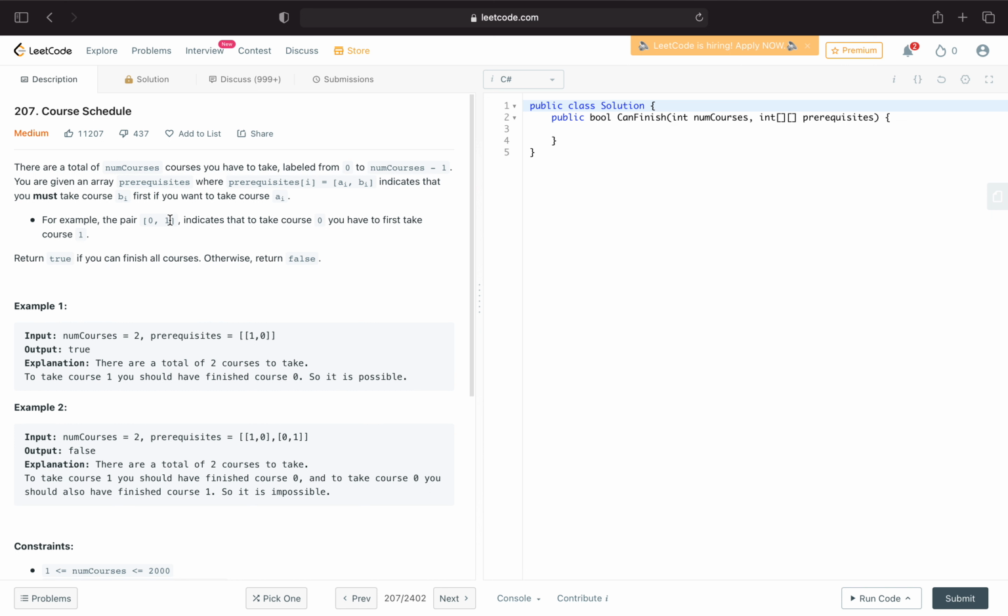So if it is given [0, 1], to take course number 0, we must finish course number 1 first. The prerequisite is course 1, right? When we look at the example, to take course number 1, we must finish course number 0. When we look at this example, we think of it as a graph. We will see the inputs